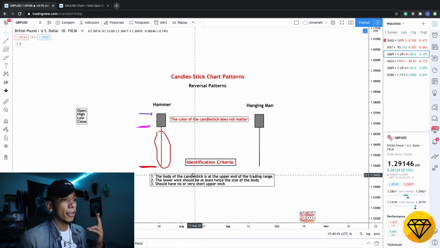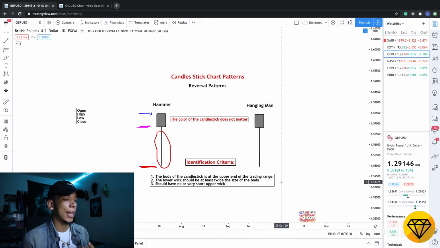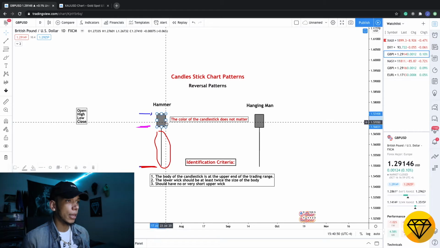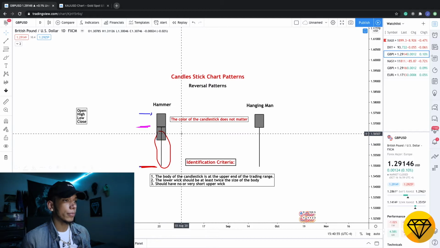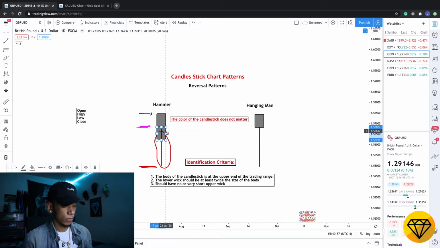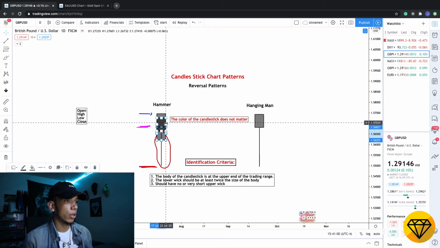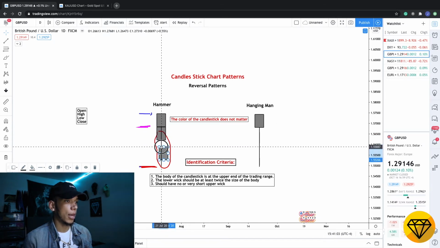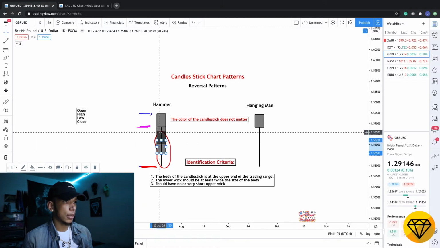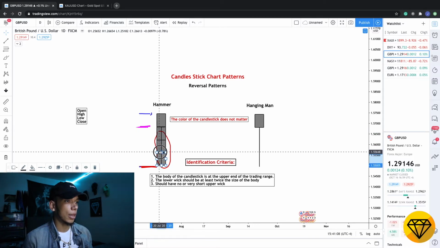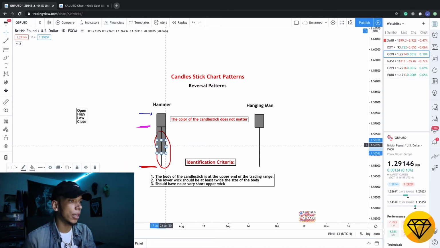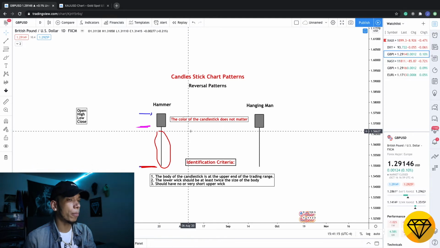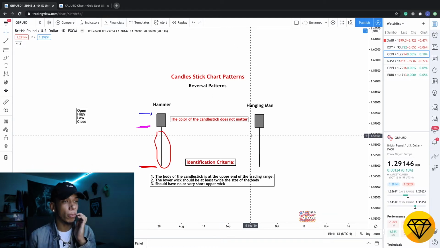Now, number two, the lower wick should be at least twice the size of the body. Now, if we go ahead and do this, all right, at that point in time, the wick is definitely longer than the body. Twice the size of the body, okay? It's almost 3 times. But obviously, this is a hypothetical. I literally just drew this. So we're going to take a look at an example later on of both a hammer and a hanging man in the real markets. Because obviously, I drew this because I know what I'm looking for and I wanted to